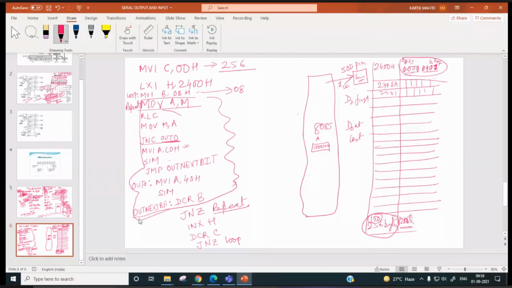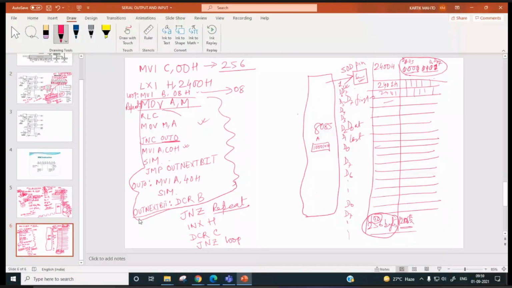In this program, we are sending D7 first, then D6, then D5, then D4, then D3, then D2, then D1, and finally D0. Then we go for the next byte, again D7 first, D6 next, then finally D0. Then we go for the third byte, D7 first. This way we are transmitting.